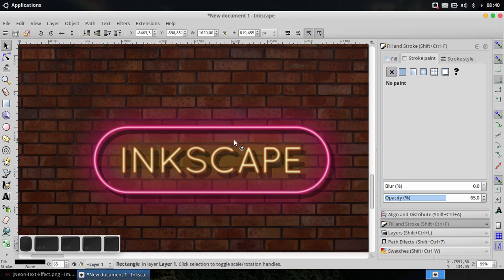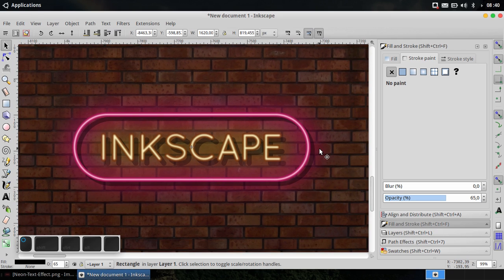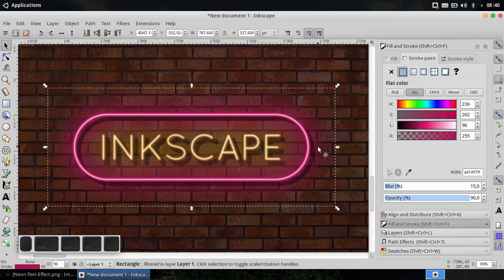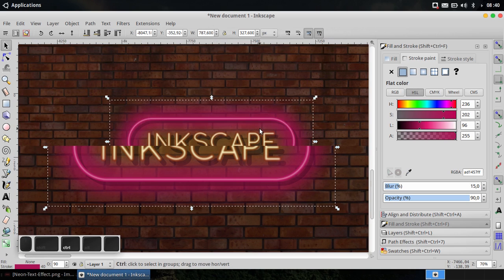You can add an outer glow by duplicating this object. Duplicate, and then you can resize it like this.